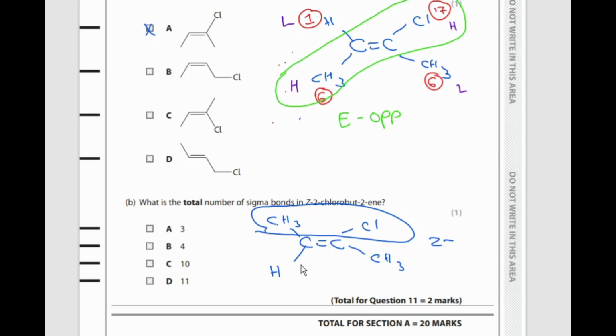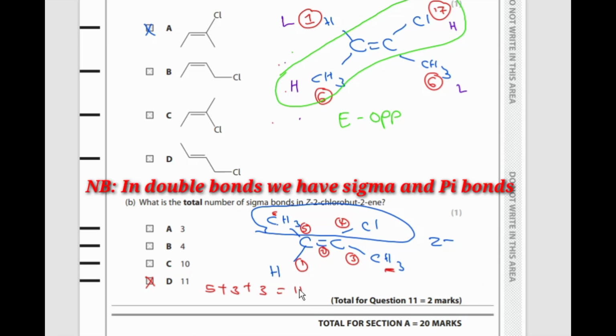Now let's count the number of sigma bonds present. So in this case, we have 1, we have 2, we have 3, we have 4, we have 5. So we have 5 plus here we have 3 sigma bonds and here we have 3 sigma bonds also. So that gives us a total of